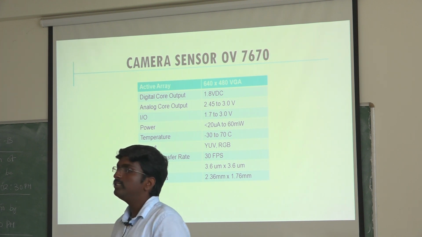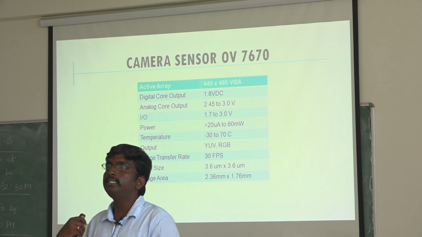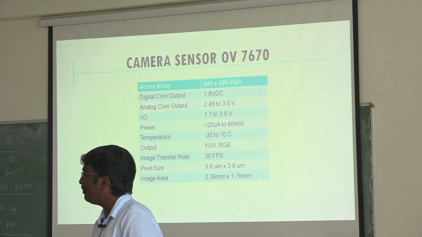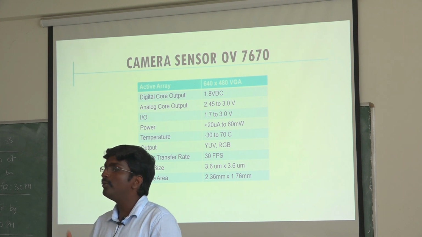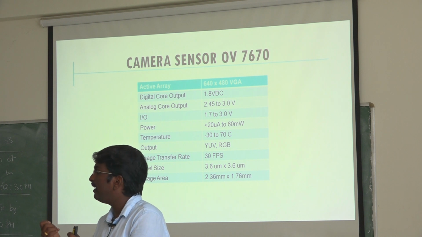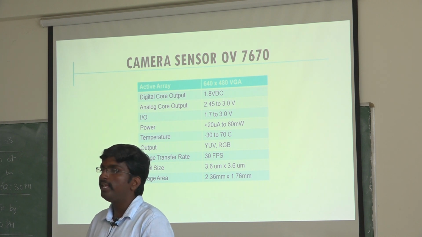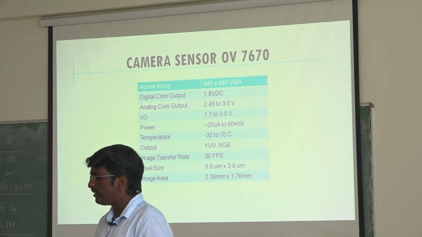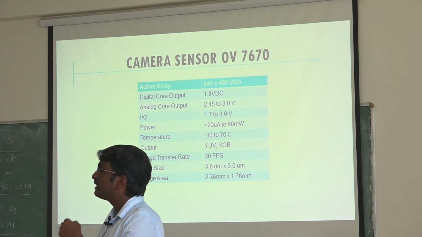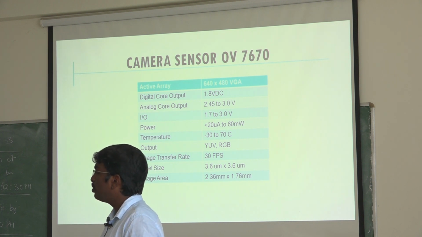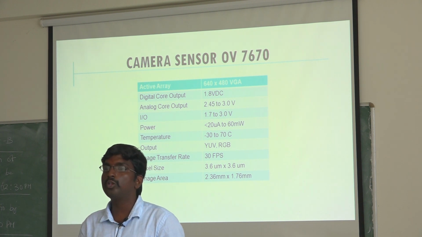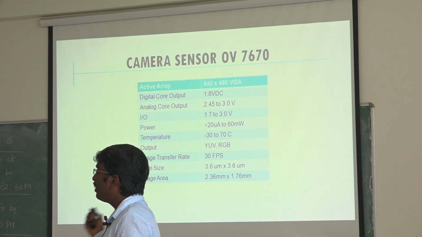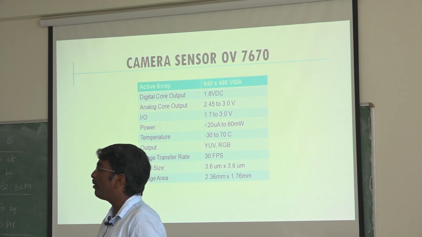Then temperature. This is based on where we are going to use it. Minus 30 to 70 degrees it can operate. Sometimes it will be very chilly and we can't capture the image. With some cameras, when you go to very hot areas, highly flammable areas, and switch on your camera, the scenes will not be proper. The major reason may be that the image sensor can't sustain that temperature range. So what temperature range it can operate in will also define your quality. Even if it is a 100 megapixel camera, your temperature range will define your quality.